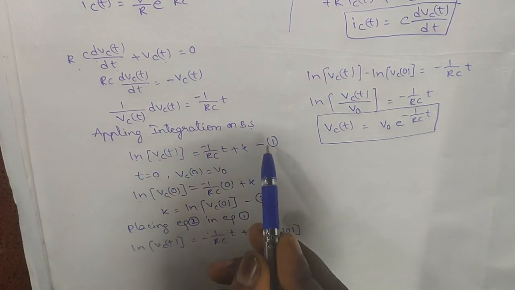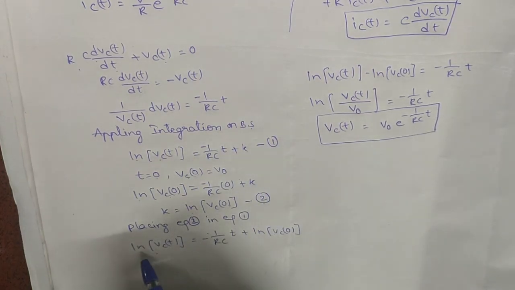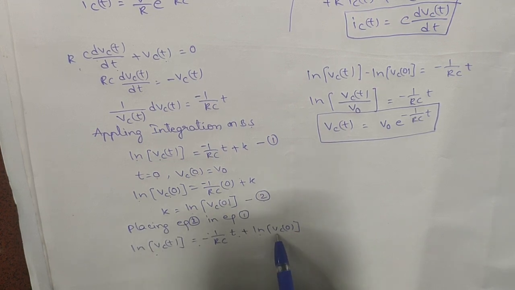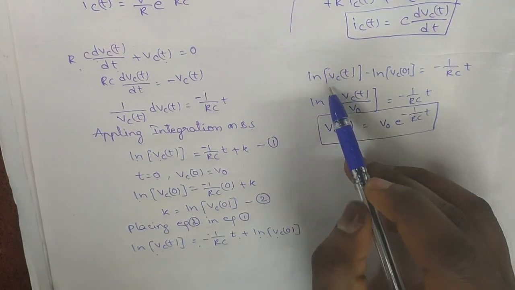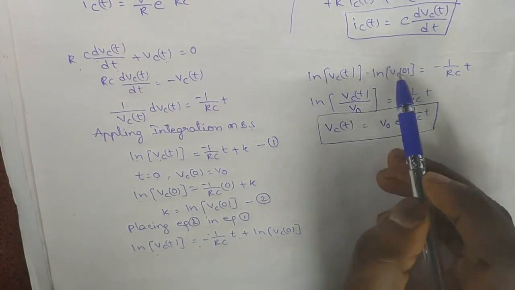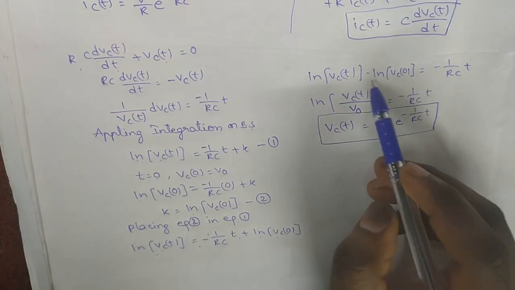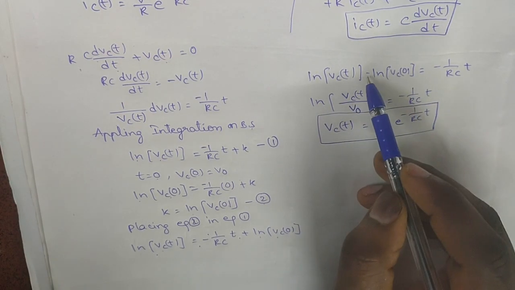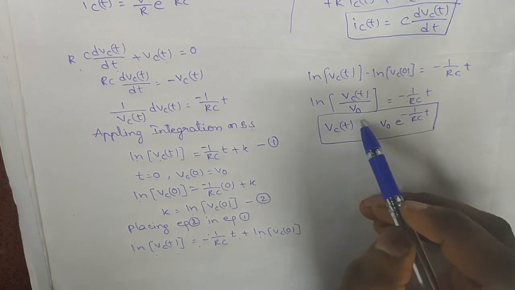Placing equation 2 in equation 1, ln of Vc of t will be minus 1 by RC t plus ln of Vc of 0, where Vc of 0 is V naught. So if we interchange the values and consider log a minus log b means log a by b,